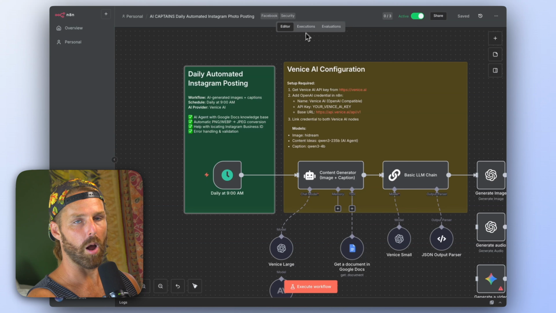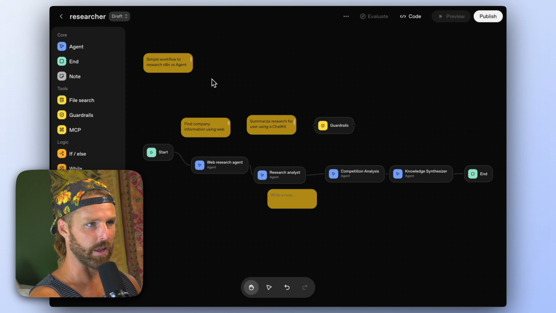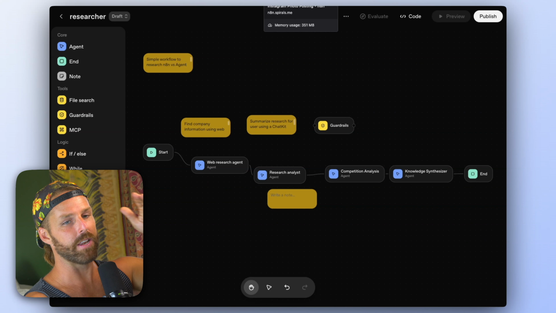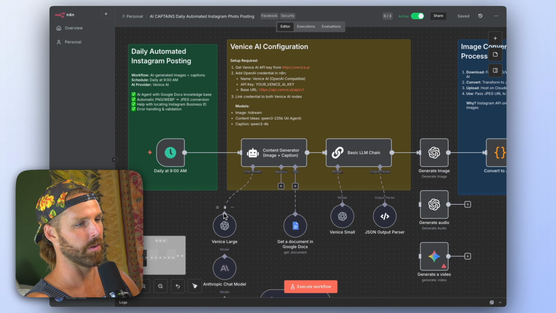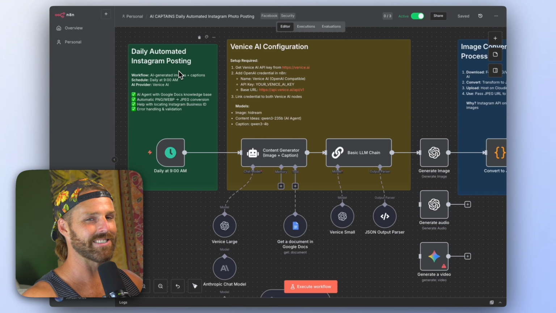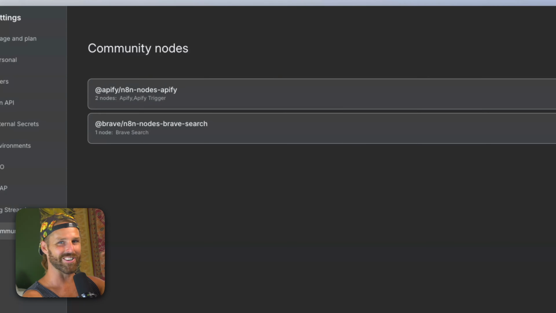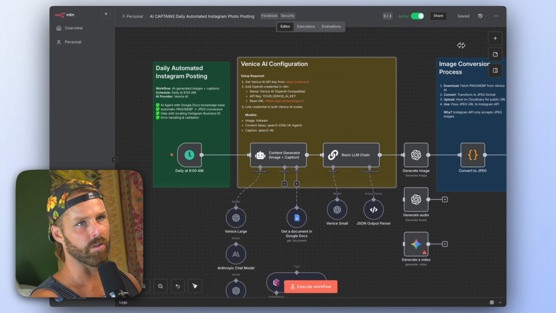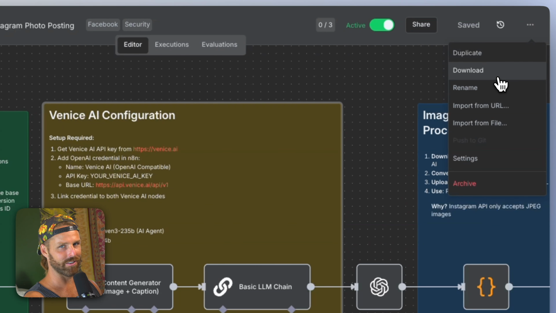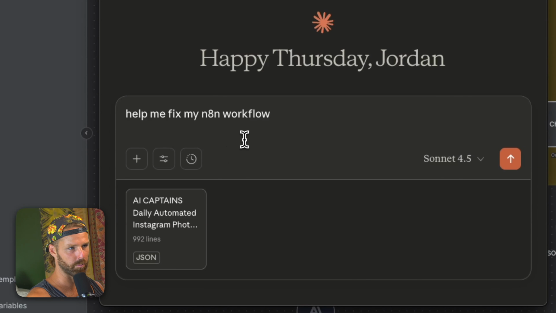But there's one big problem that these visual workflow interfaces share, n8n and OpenAI, and that is a lack of an AI agent to help you on the screen. Now, there might be a community plugin for this for n8n. n8n is kind of open source. You can install community nodes. OpenAI ain't going to let you anywhere close to that. But if I need to debug this workflow as a non-developer, non-coder, I need to download the JSON file and run it through Claude or Claude Code and say, hey, help me fix my n8n workflow.